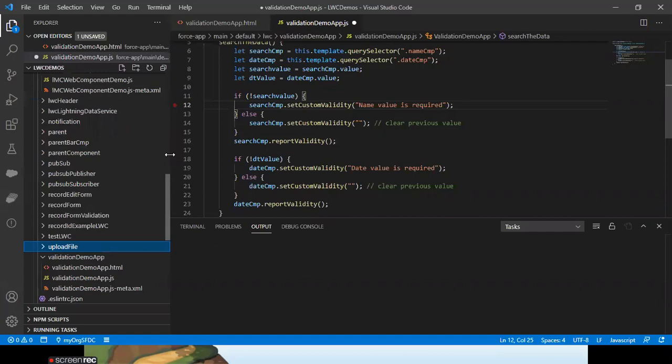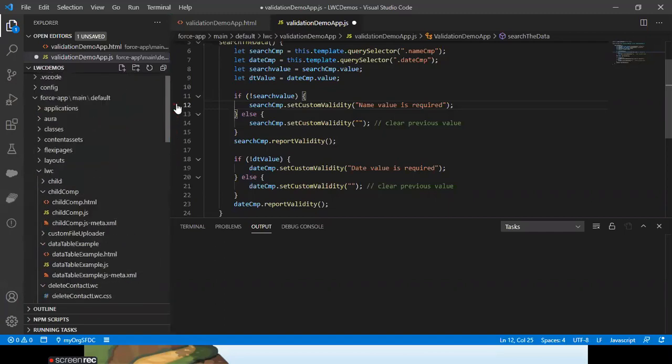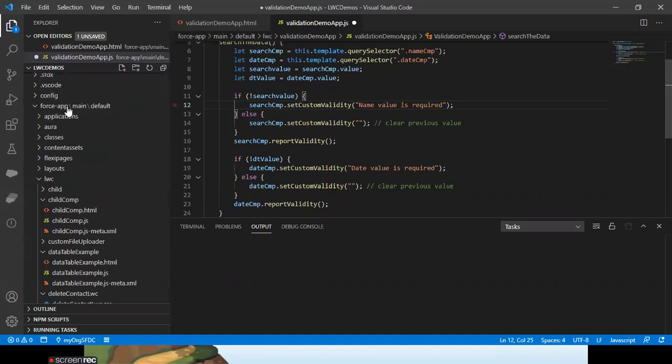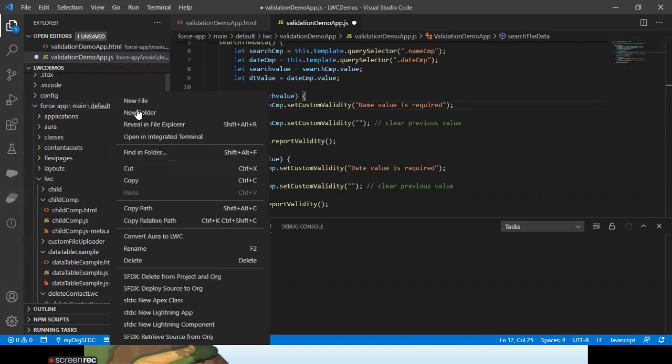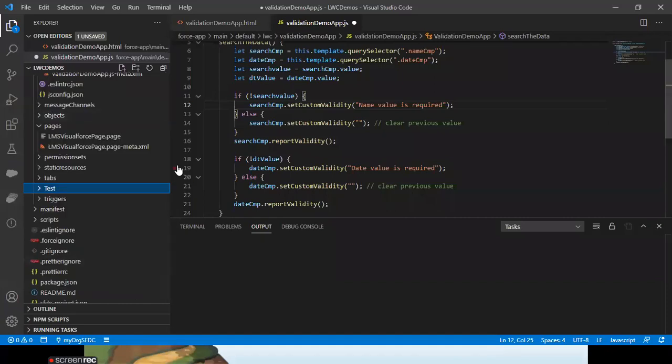Simple. You first check the location where you want to create your folder. The location is force-app/main/default. Just right click and there is the option New Folder, and you need to specify the name, whatever name you want, right? But in this particular scenario, our folder name is messageChannel, right?